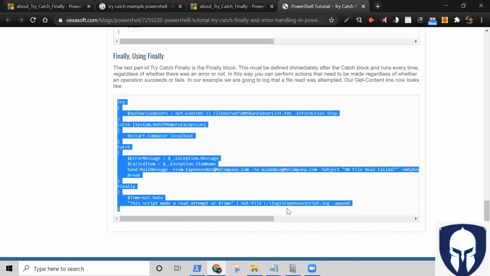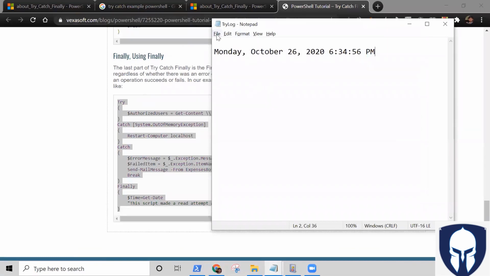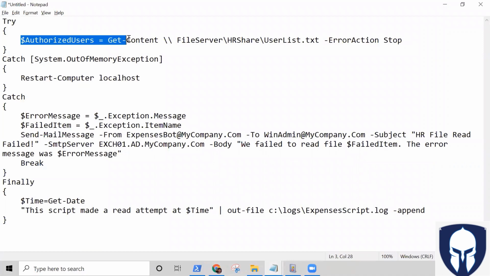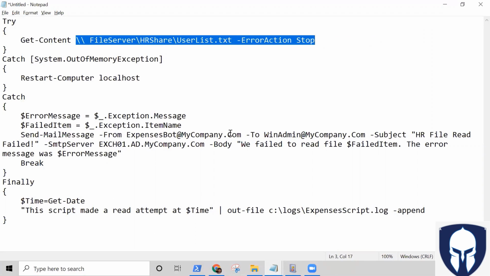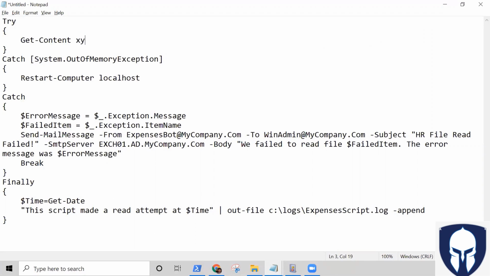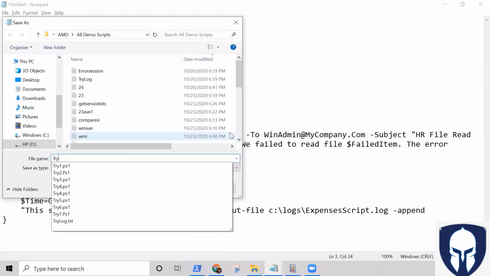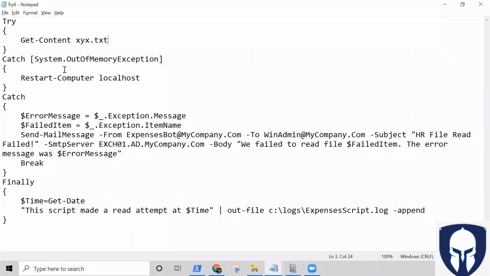Let me just copy. Okay, we are not going to exactly restart the computer, all those things. Let's just paste it, and then they say get content. Okay, we don't need all those things. Get content xyz.txt. Okay, we save it as try 8.ps1, and then